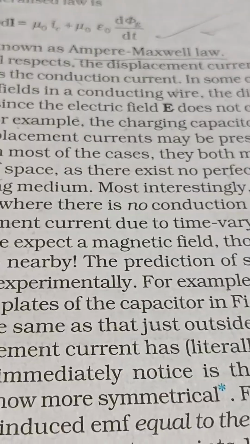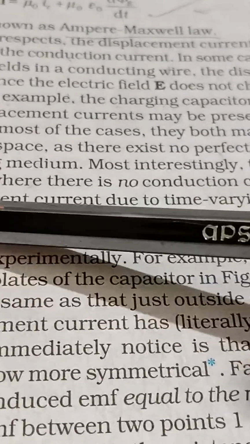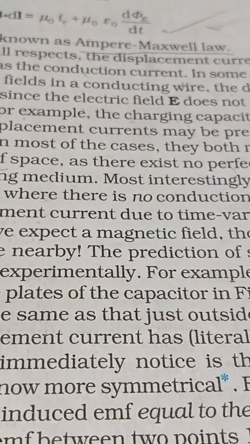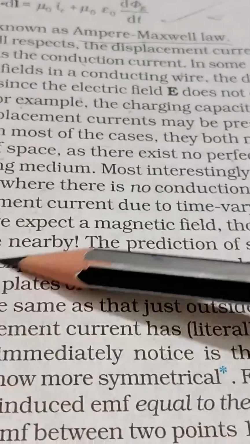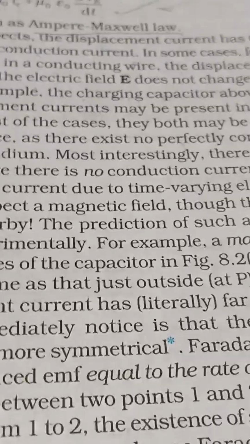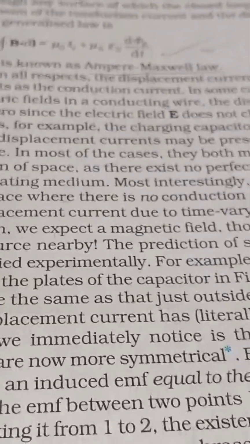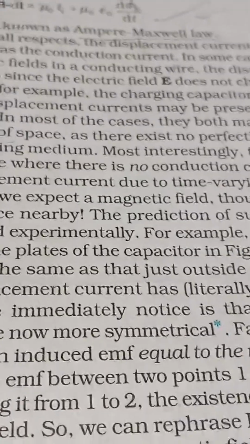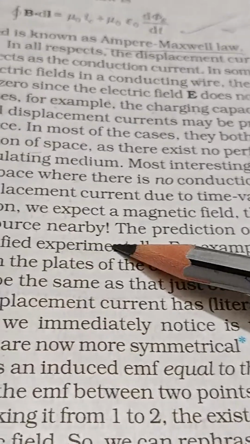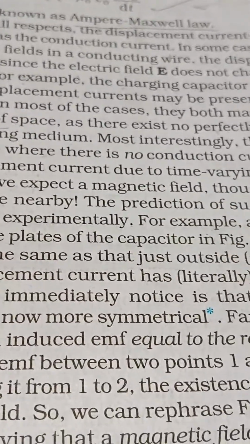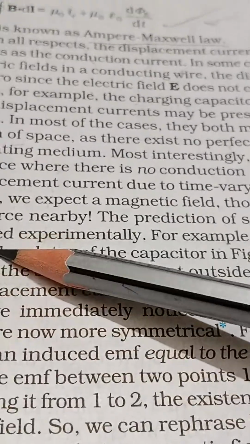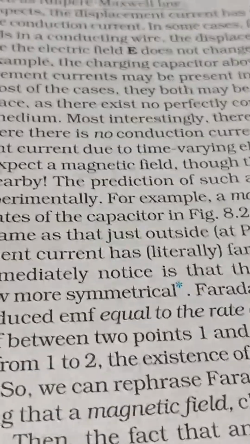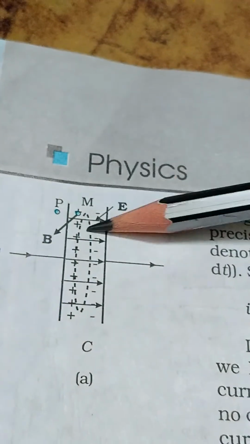Most interestingly, there may be a large region of space where there is no conduction current, but there is only displacement current due to the time varying electric field. In such a region, we expect a magnetic field, though there is no conduction current source. Thereby, the prediction of such a displacement current can be verified experimentally. For example, the magnetic field, say at a point M in this figure,